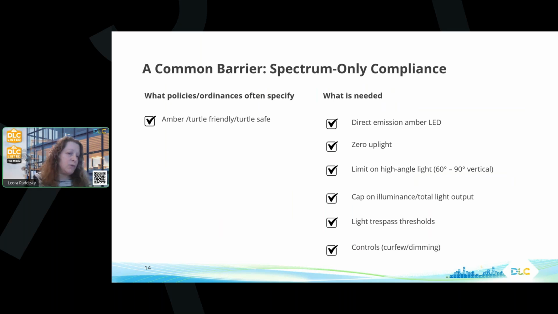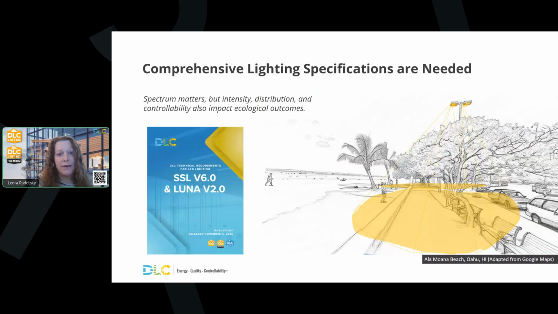And so outdoor lighting remains one of the most persistent and solvable drivers of conflict in developed coastal areas that contain sea turtle nesting habitat. And to close the conversation, to begin with, long wavelength spectra are necessary, but on their own are not sufficient. What matters ecologically is light that actually reaches the sensitive environment and that is visible from the beach. Its spectrum, its intensity, its distribution, and whether or not it's controllable and installable in a way that limits spill